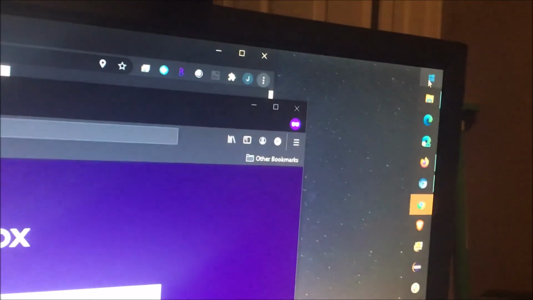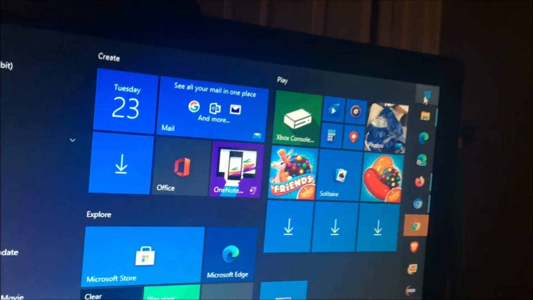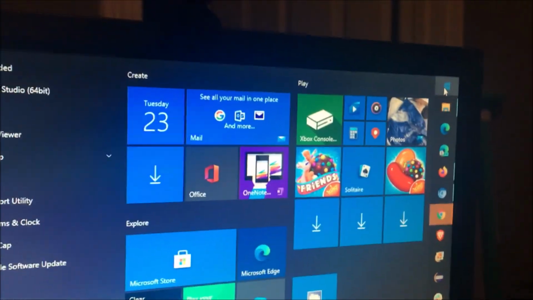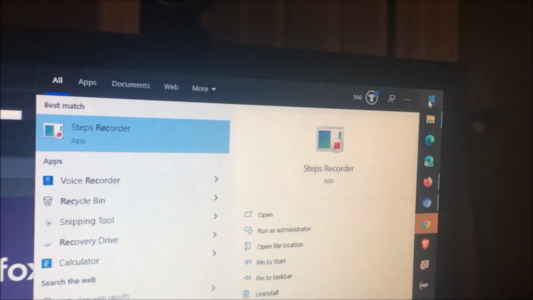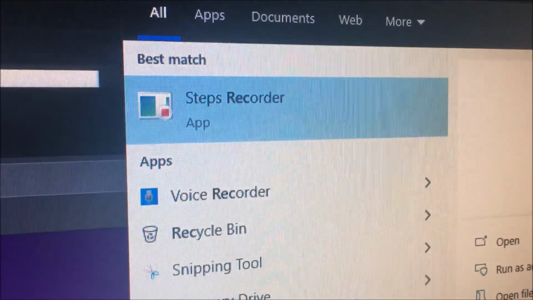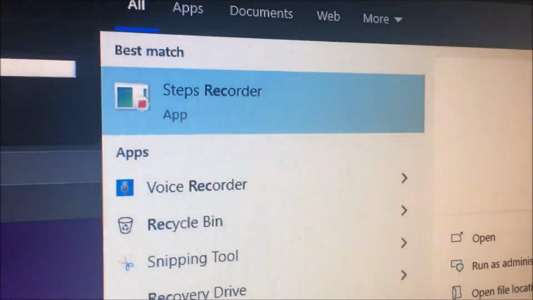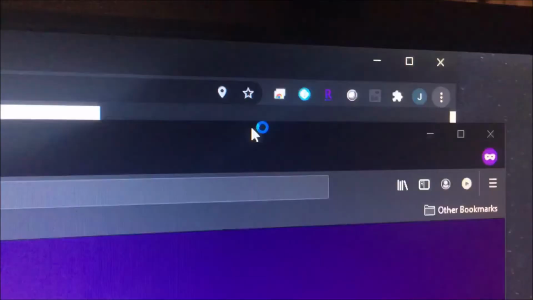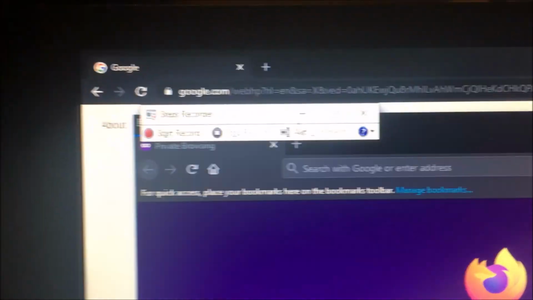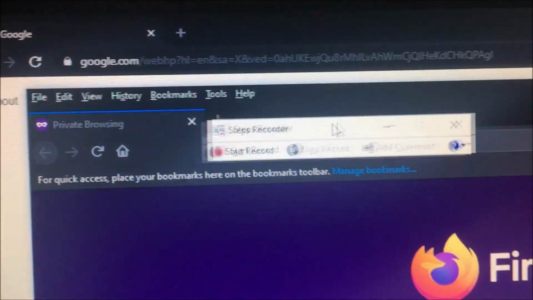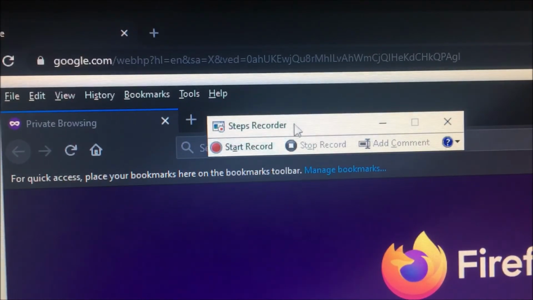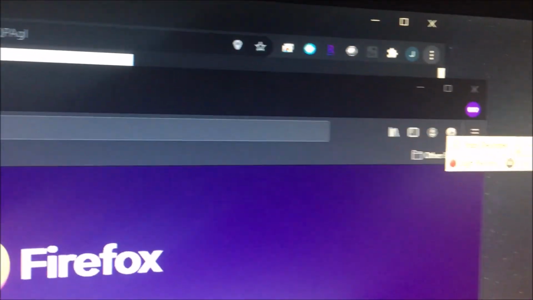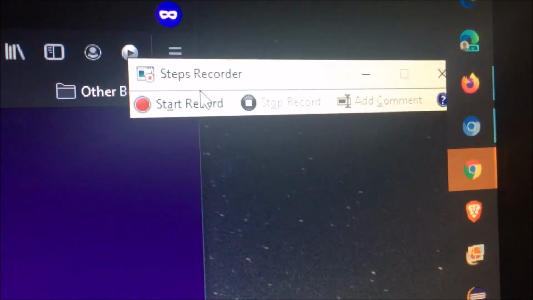At the top right, click on the taskbar and then type in recorder. As you type in recorder, you can just type REC. The first option that'll show you is Steps Recorder. So you could have actually typed just Steps Recorder. That's the tool I'll be using to record each of my steps. And it brings out this little toolbar called Steps Recorder, and it's really easy. Just move it off to the side so it doesn't record the recorder taskbar, and you just click on start